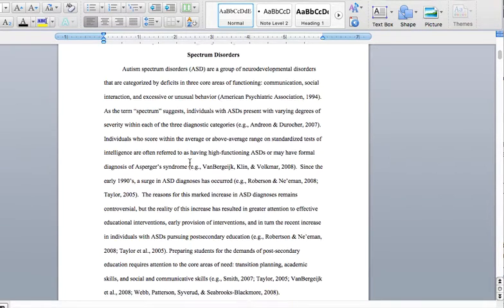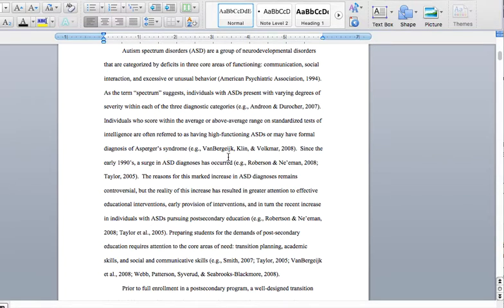You'll see here that I have many in-text citations. And most of mine are EG. And EG means this is just a sample. So here I'm talking about, as the term spectrum suggests, individuals with ASDs present with varying degrees of severity within each of the 3 diagnostic categories. So I took this idea from my reading of this source, paraphrased it into my own words, and